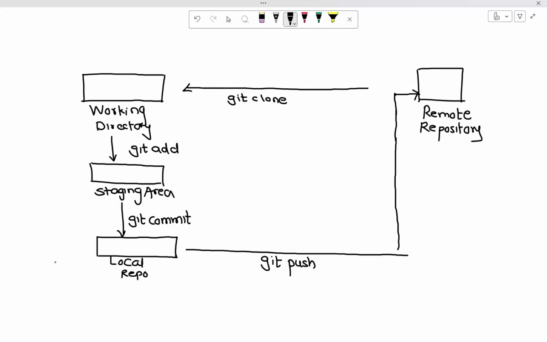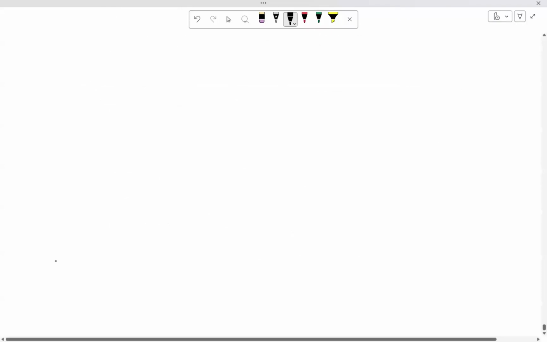Now, team, there is one more problem, and I want your full attention to it. Let's say this is GitHub. I'll talk about the remote repository first, and then we'll go for the local repository. Let's assume that this is your GitHub repository.